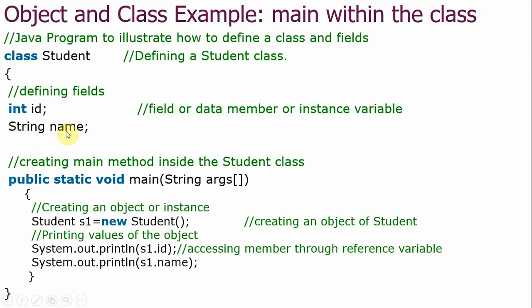So name is the variable name. These are nothing but fields, data members, or instance variables. Are these instance variables? Yes, we discussed variables. There we learned variables are of three types: one is a local variable, one is an instance variable, and the other is a static or class variable. What is a local variable? When we define a variable within the method, those are called local variables. When we define variables outside of a method, those are called instance variables. These are defined inside the class but outside the method, so those are called instance variables.